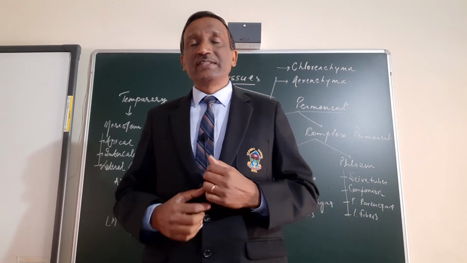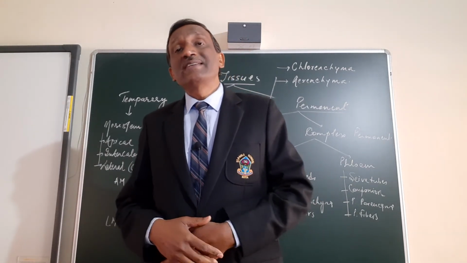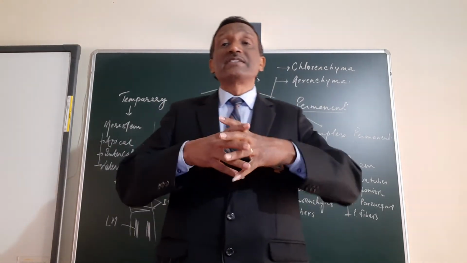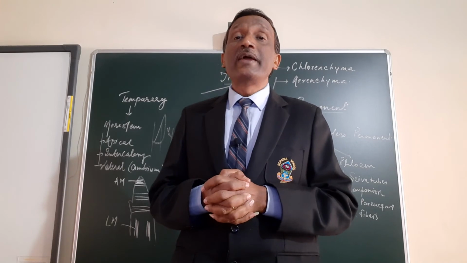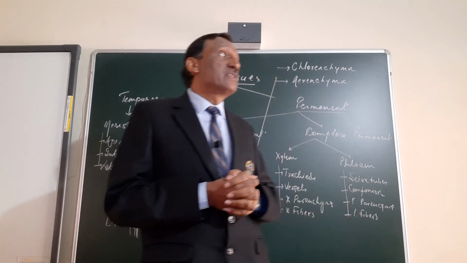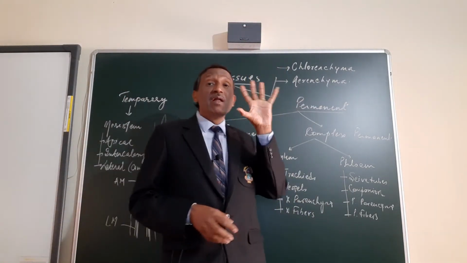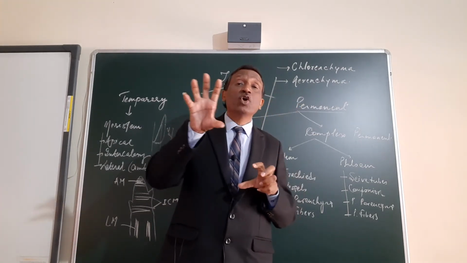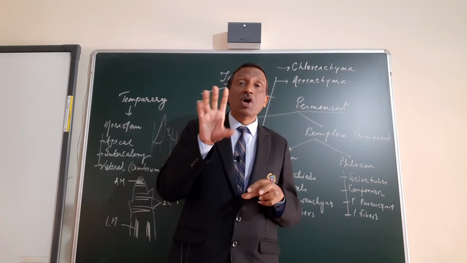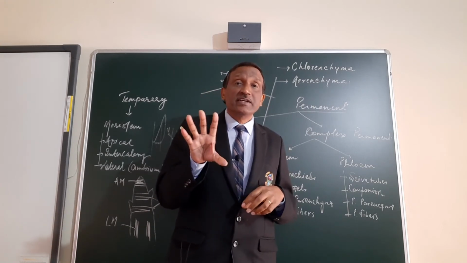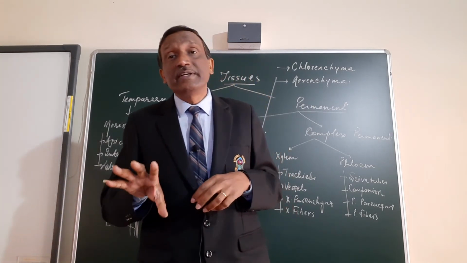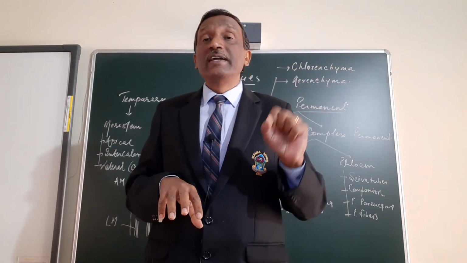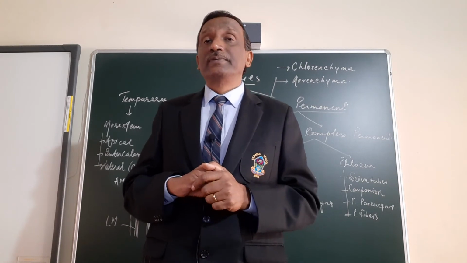And the second one is aerenchyma. As the name indicates, they have air spaces, air cavities, air pockets. That means the cells of the parenchyma are large, and in between them there will be holes, blocks or pockets in which no tissue is present. So it becomes spongy and air can fill there.